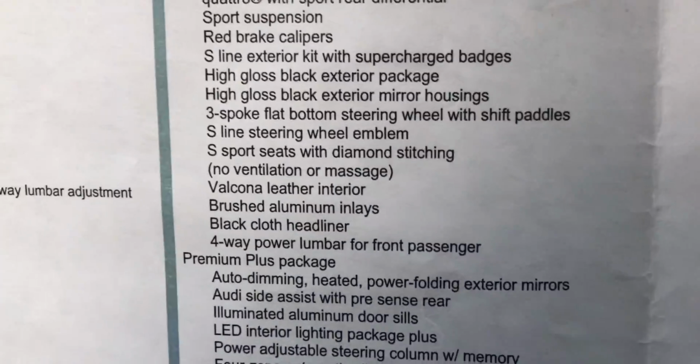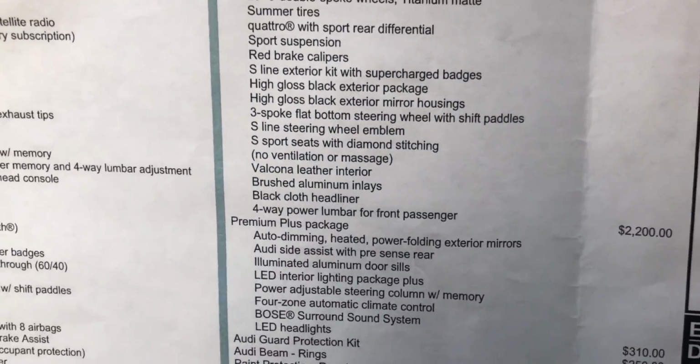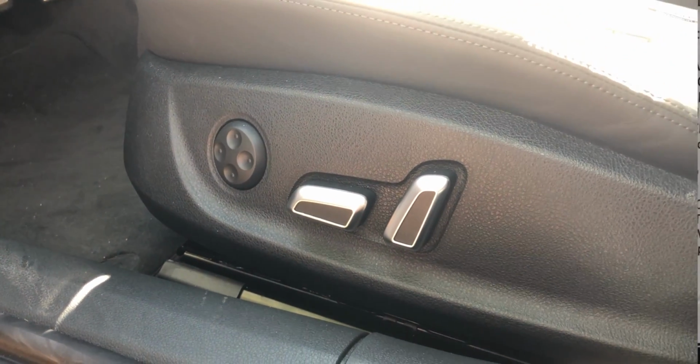And it also has the black cloth headliner, which is up here. It's no big deal. That to me does not impress me, but then again, I don't touch it over my head. I'm not one of those guys who likes the suede up there. And then it has the 4-way power lumbar for a front passenger, because I think it comes standard for the